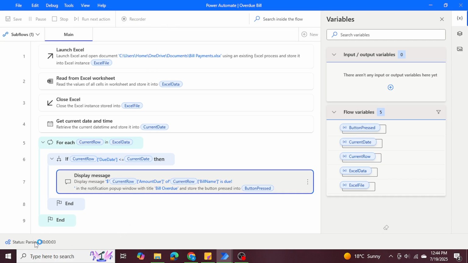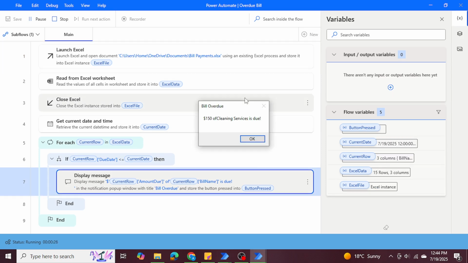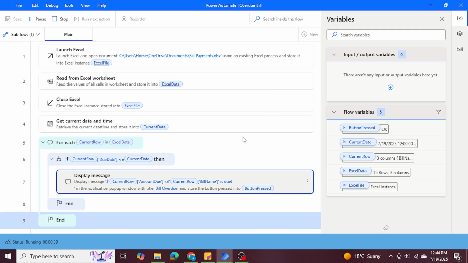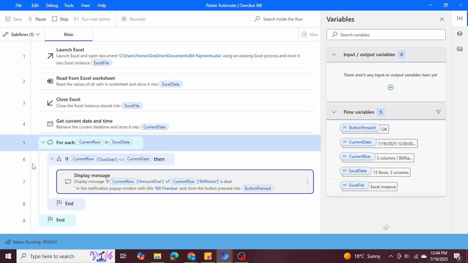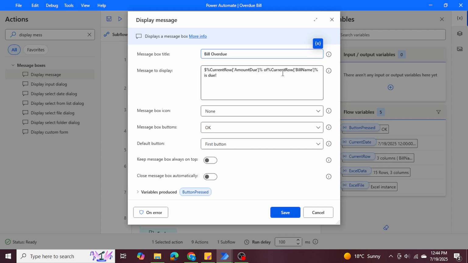So as you can see, we get a timer over here as well in the bottom left. And let's see if this works. So as you can see, we did get an error message. It says $150 of cleaning services is overdue. There just should be a space between "of" and "cleaning". So we can go ahead and add that space into our display message. So I'll simply click on my display message and over here, I'm going to add that space